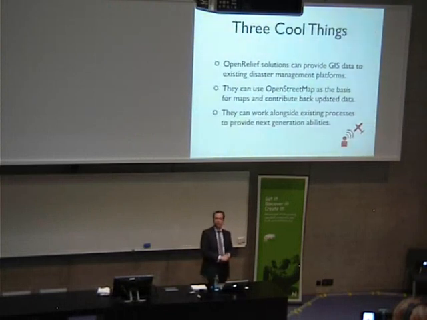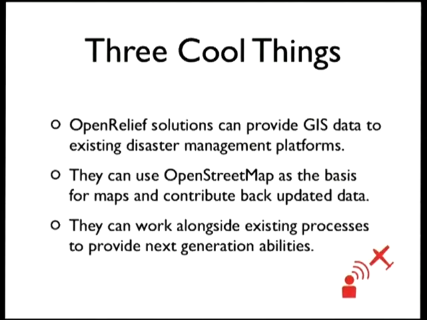So the three cool things here, the reason that this is useful is that the GIS data going into existing disaster relief gives a more complete picture of the disaster zone. It simply adds a greater granularity to what you're seeing, what you understand has happened, and that means your response is better. We're building it to hook into OpenStreetMap with the interesting consequence, given that this can recognize roads, that we can rebuild OpenStreetMap maps in a disaster zone to let people know where the new roads are, much faster